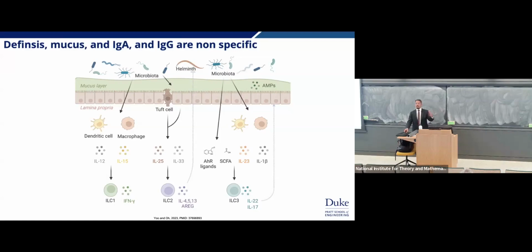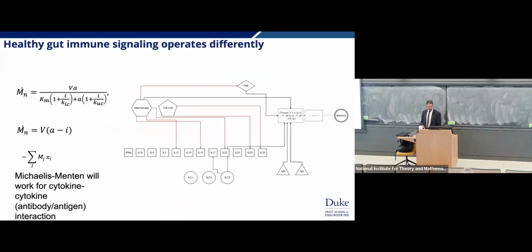Because if you're killing off all the bacteria, so if these defensins, mucins, IgA, and IgG are really just pushing all the bacteria way over here, trying to keep them away from your epithelium, that's not really a good way of controlling your bacteria. So I went and said, I can still think about two different ways that our bodies can control microbiota.